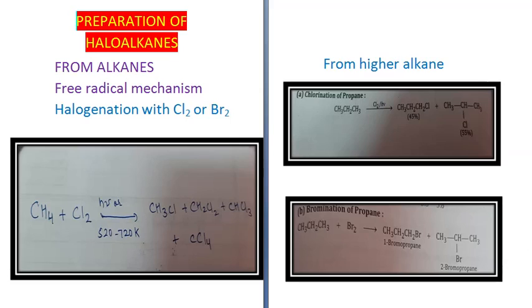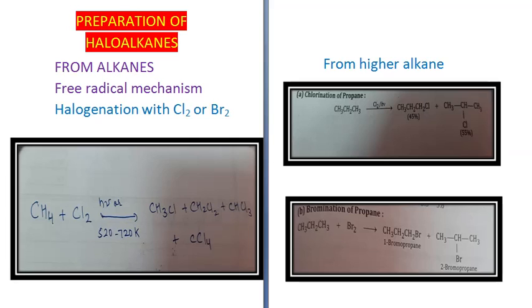Alright, so in this way from higher alkanes you get the isomeric forms of haloalkanes. This is due to replacement of 1 degree, 2 degree and 3 degree hydrogen atoms. And the ease of substitution of various hydrogens follows the sequence that 3 degree is the greatest, very easily, because it will get detached, then 2 degree and then 1 degree.